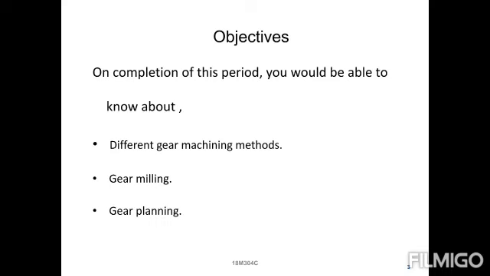Then next, coming to what the methods are. Different gear making methods are there in manufacturing processes. In relation to our subject, there are a number of methods. One is the machining process. One is the stamping process. One is powder metallurgy. One is cutting processes. There are different types of gear manufacturing processes.